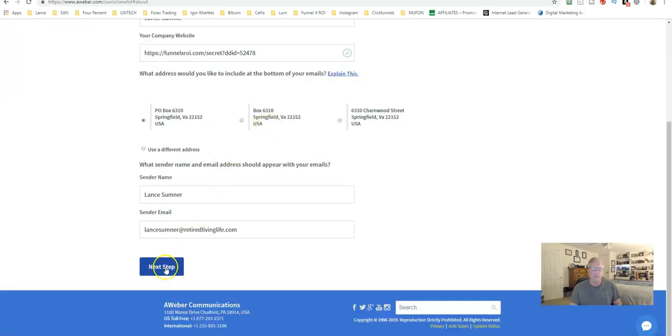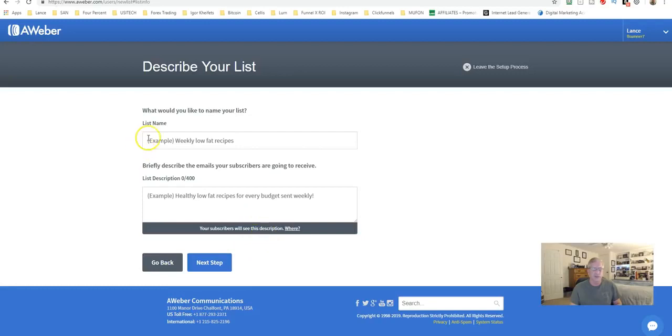So we would go to the next step. We got past that. I would put in whatever the list name is going to be. So, you know, Lance Test, right? Just put it, but make it relevant to whatever your offer or opportunity is for you to remember, and laying it out correctly. And then you put a little bit of verbiage related to it so that when the subscribers see it, they'll know what they're going to be receiving, what it's for. And then you would go to the next step.